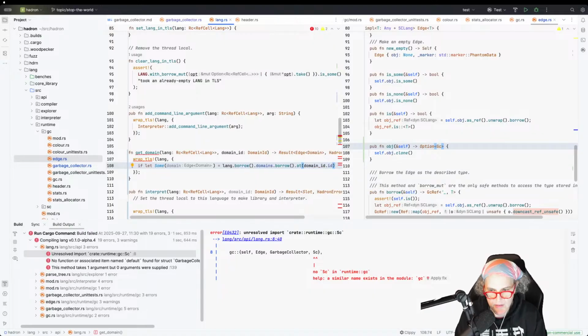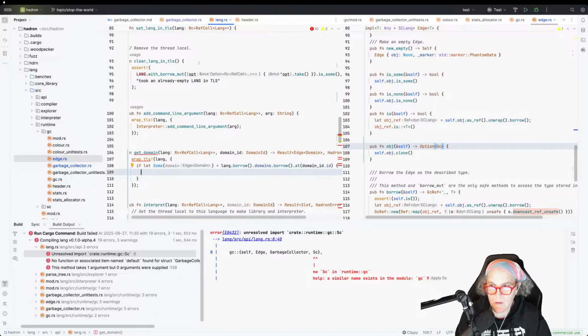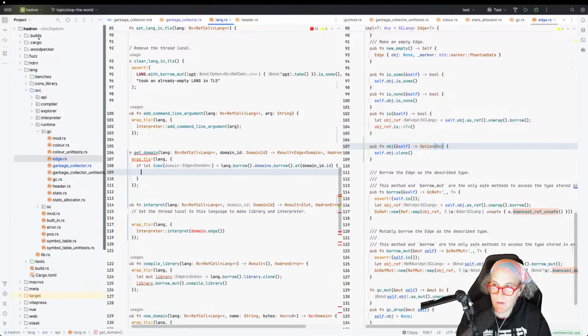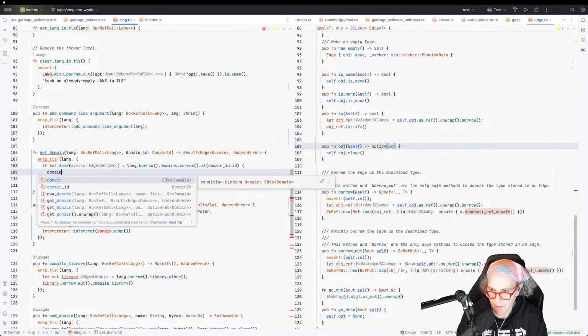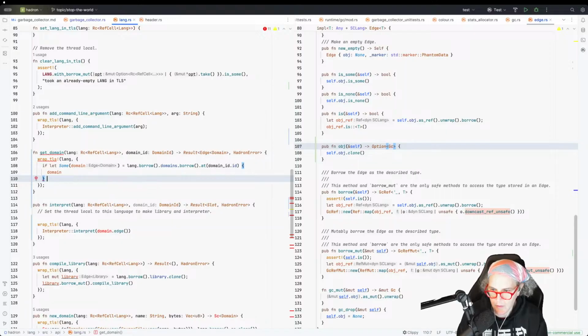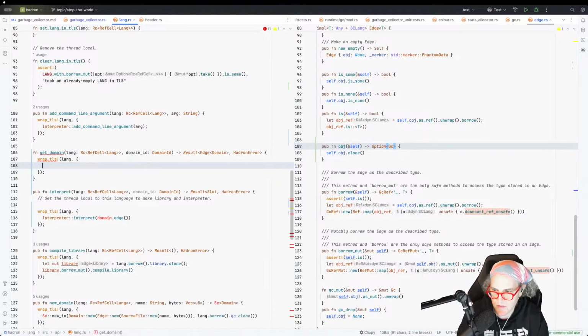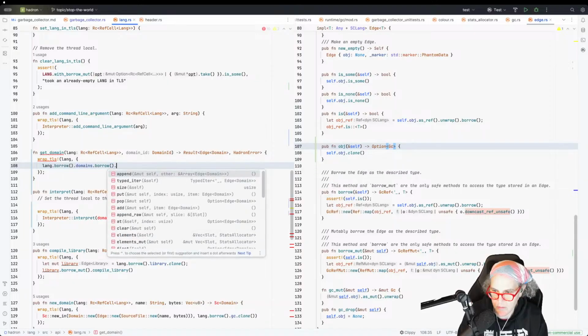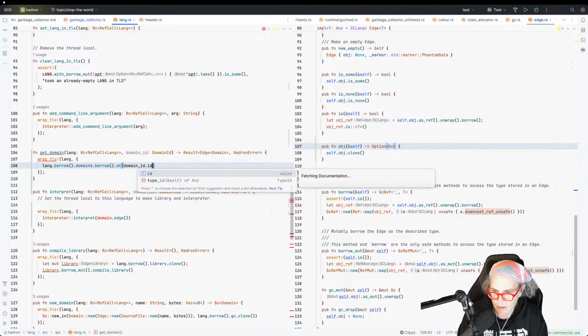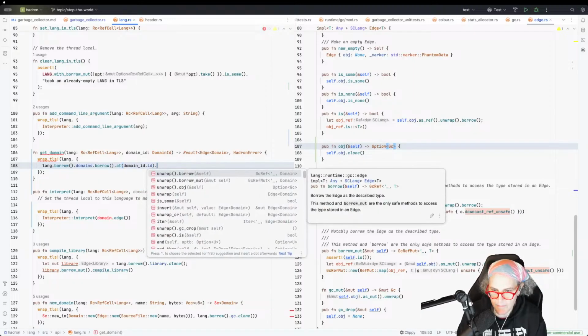No, but you can access it because it lives right here. Cool. Let's make some space. There we are. Then we've got this. It's domain. There's a way to do this. I think it's just lang.borrow dot domains dot borrow dot get domain ID dot ID dot unwrap, or no,